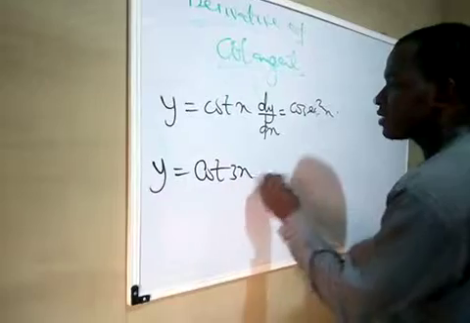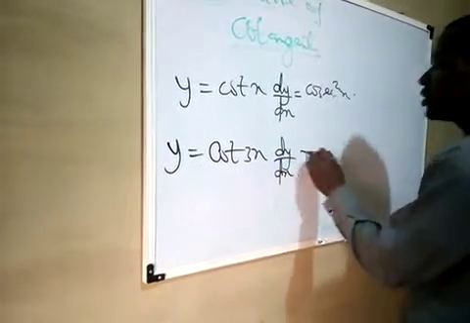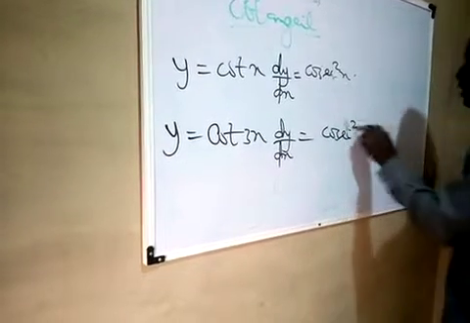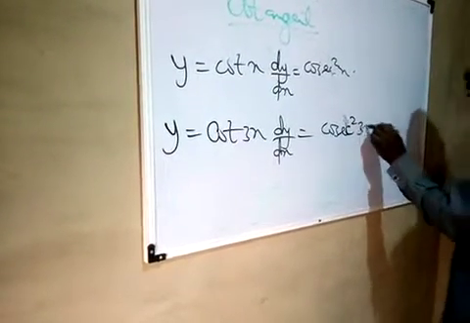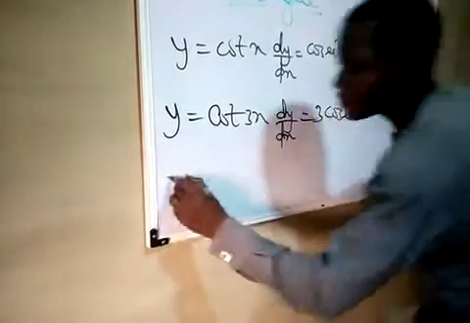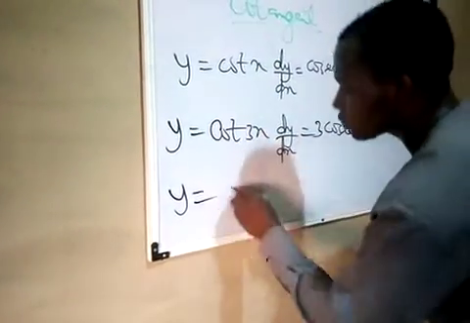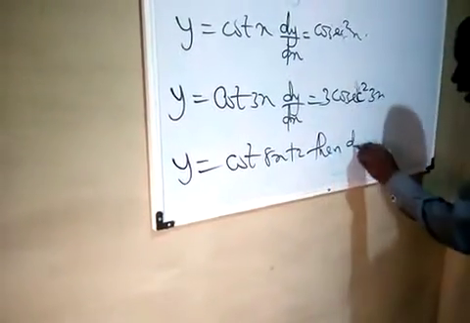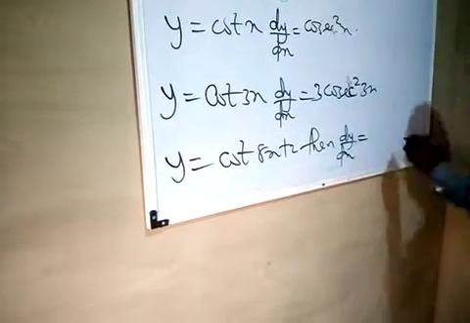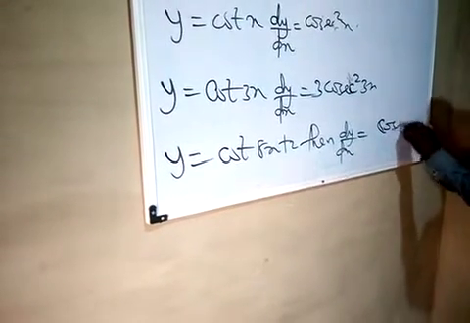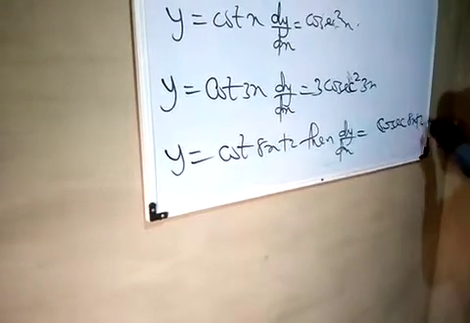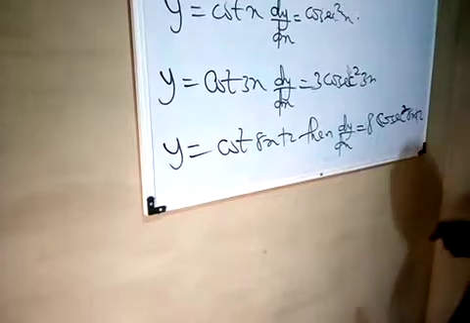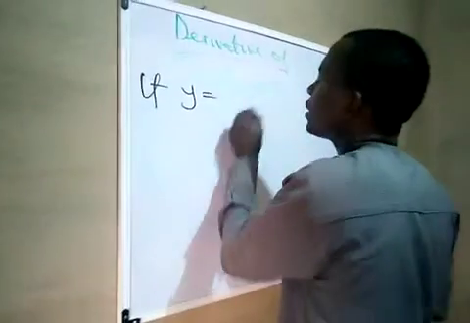So if y equals cot 3x, then dy/dx equals minus cosec square 3x. Now differentiate this, you have 3. So if y equals cot 8x plus 2, then dy/dx equals minus cosec square 8x plus 2. Don't worry, we have cosec square 8x plus 2. So this is what you do when solving objective questions. If y equals 8x